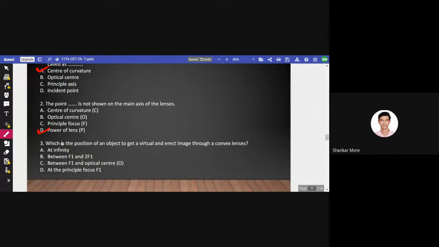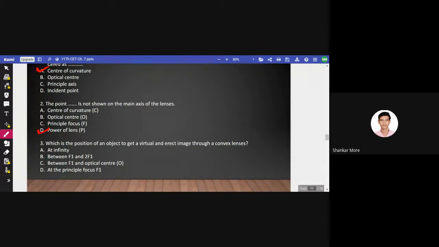Center of the curvature. Which is the position of object to get virtual and erect image through convex lens? So what shall be the position? Now, the position and the nature of images change according to the position at which the object is kept. मतलब जहां पे object रहेगा उस position के accordingly उसकी images form होगी. Okay, so which is that point कि जिस position पे